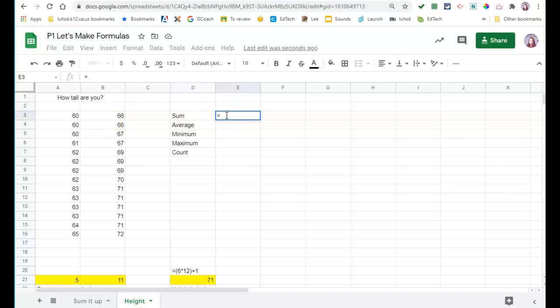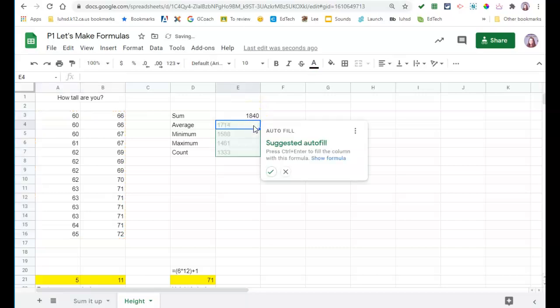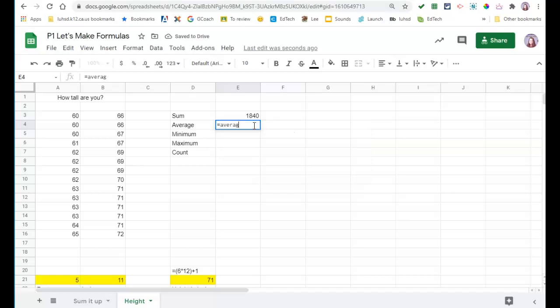So equals, sum, parentheses. I'm going to select, using my arrow keys and highlight, from A3 through B16. Again, that says equals, sum, parentheses, A3, colon, B16, close the parentheses. All right, let's find the average. Equals, average, A3 through B16,